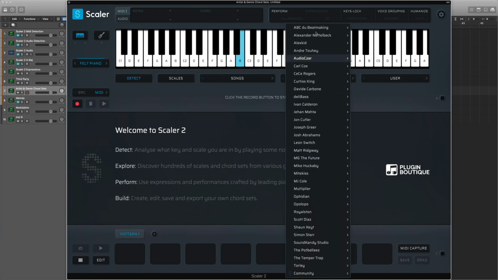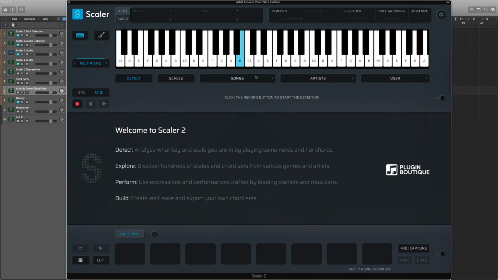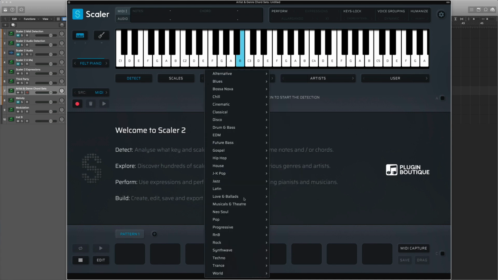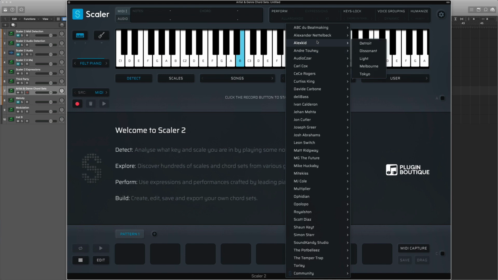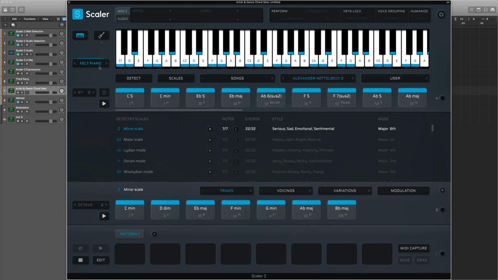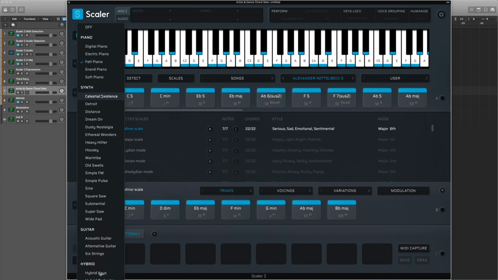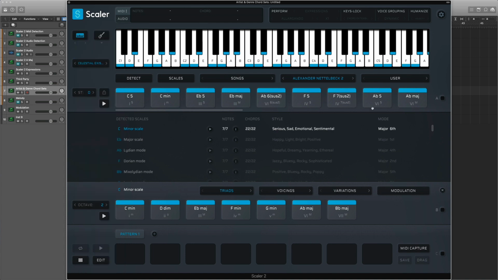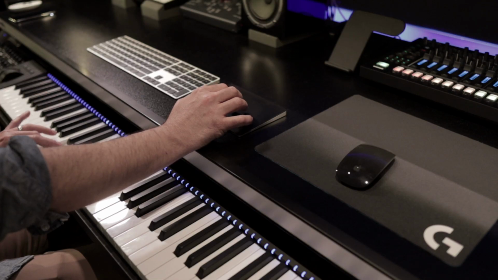There are now hundreds of artists' chord sets made by all the artists that you see here, and genre-based chord sets made by musicians based on certain styles and genres. So let's go to some new chord sets. Let's go to Alexander Nettlebeck. Let's choose number 2. Let's go to one of the internal sounds and let's call up Celestial Existence. If I bind that area,